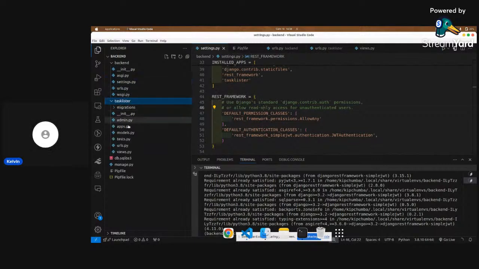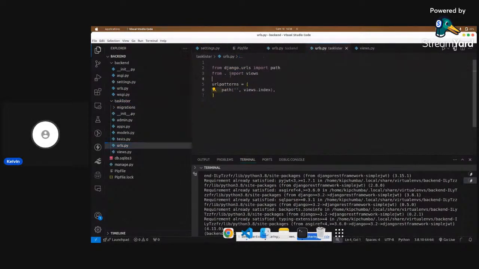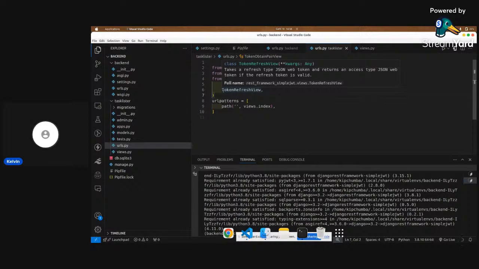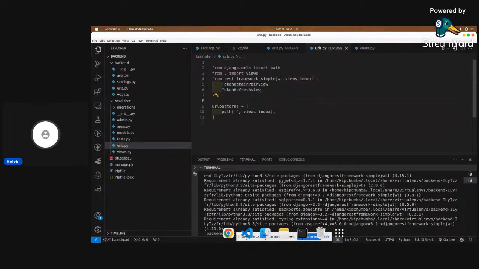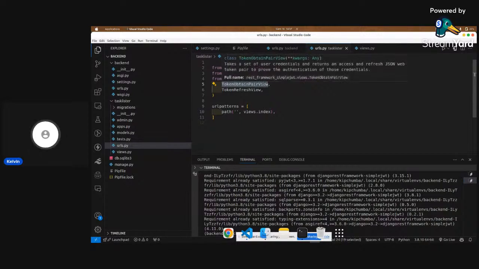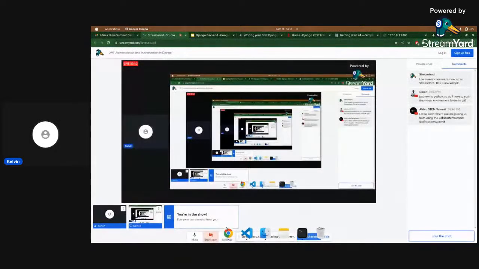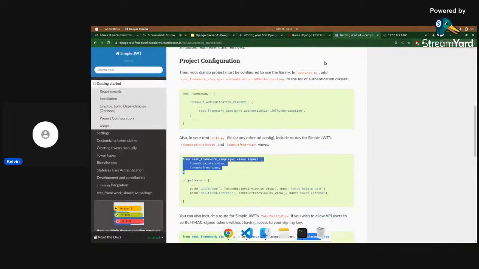Go to URLs here, and then I'll import TokenObtainPairView and also TokenRefreshView. All right, so what is the role of these two? This one is obtaining the auth token and also the refresh token, and this one is only for refresh alone. Okay, so remember when you're dealing with authentication with JWT,